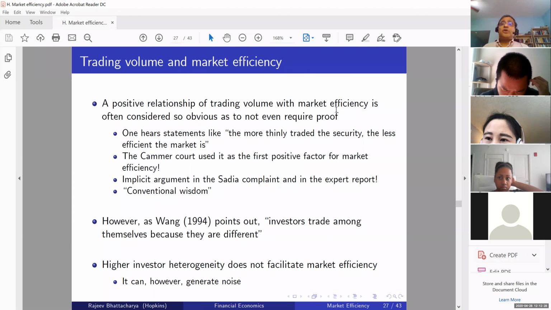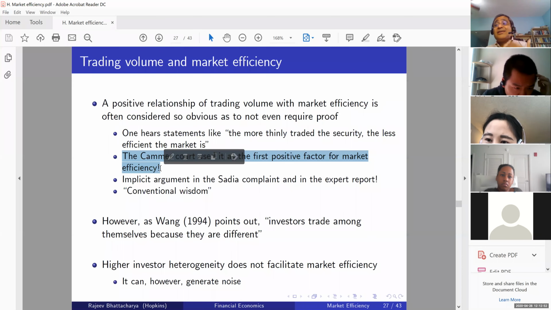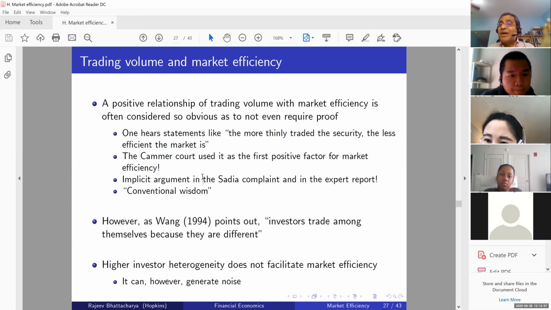A positive relationship of trading volume with market efficiency is often considered so obvious as to not even require proof. So in the CEDIA complaint and the expert report, which I was involved in, not as the testifying expert, I kept telling the testifying expert that you cannot make this argument, but he said, you know what, I'm going to make it anyway. And the court, in law, it is considered so obvious, but it's just not true. And why is that not true? As Wang, in the classic Journal of Political Economy 1994, talks about,